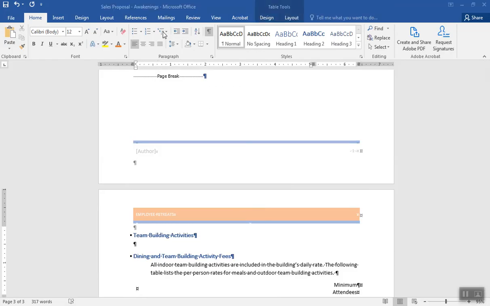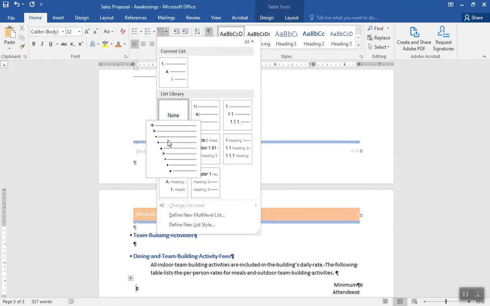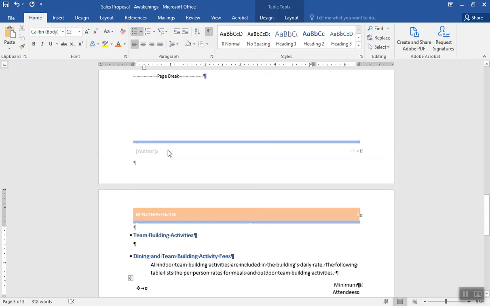Okay. Character format would be this guy right here. We're using some sort of symbols at each different level of our list. Okay. Like so. And we're going to increase the indent to push our list over half an inch, to be consistent with the rest of our document. And I'm going to type in indoor team building activities